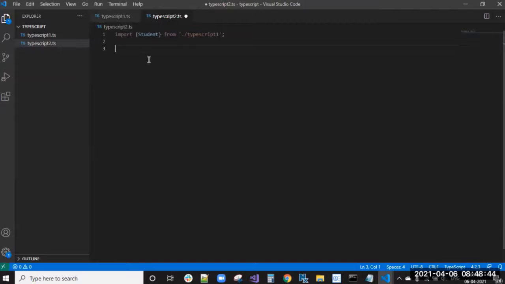Now here I have imported student, right? So let student1 equal to new Student. It will accept like John Doe, comma, branch should be like CS.